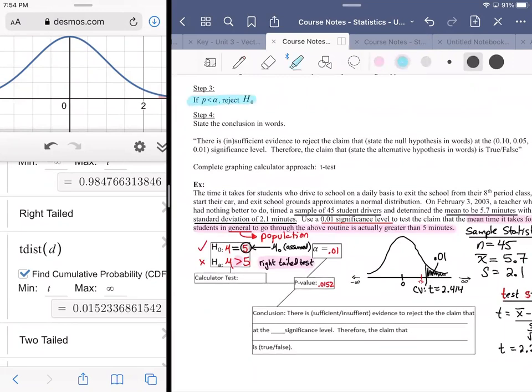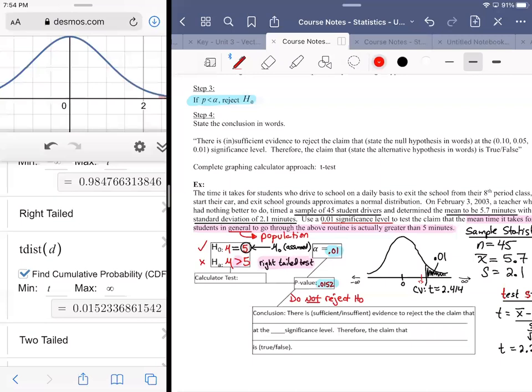I'm looking at this number and comparing it to this number, and I would be asking myself, is that p-value less than 0.01? It is not. So we do not reject the null hypothesis. All right, so whether you get it from the graph or the p-value, it's kind of a double dip, but